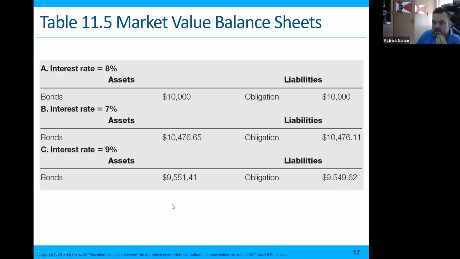So this is a market value of balance sheets, again with bonds. If we have an 8% rate of interest, that's interest rate equals the market rate, so it's the same value. If I have a 7% market interest rate, then my bond is worth more. Okay, it's at a premium. If I have a 9% interest rate, my bond is worth less. My obligation is worth less than the $10,000 face amount par